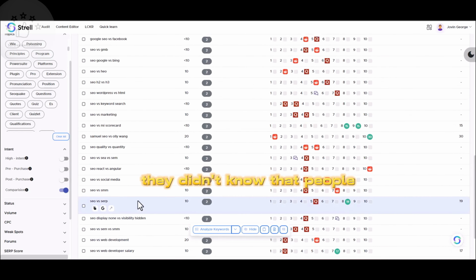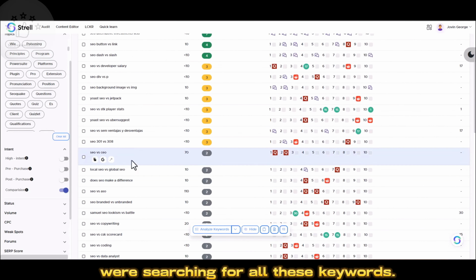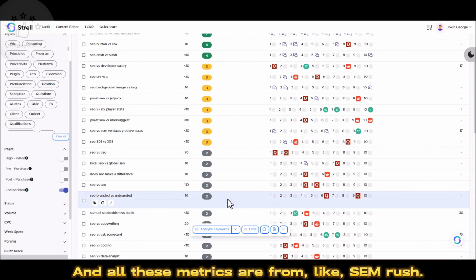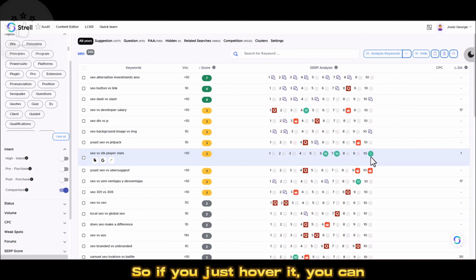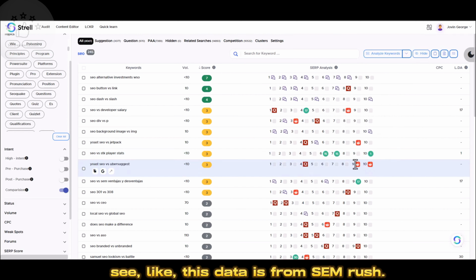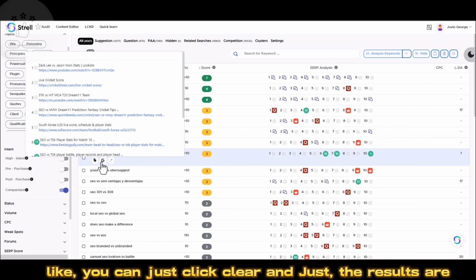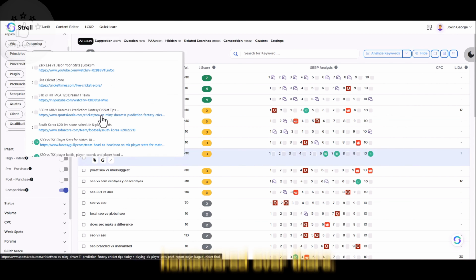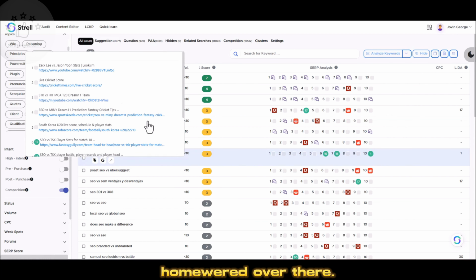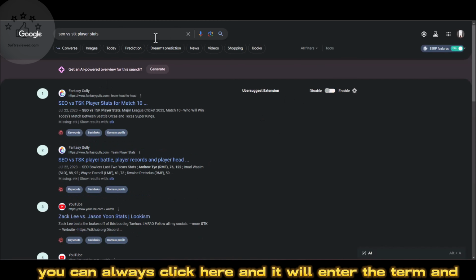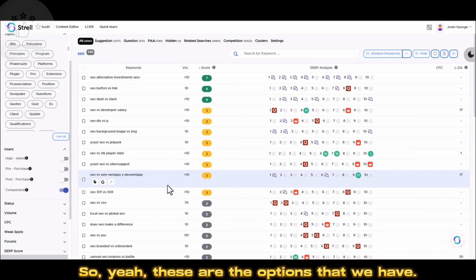Some of the keywords I'm seeing for the first time, I really didn't know that people were searching for all these keywords. And all these metrics are from SEMrush. So if you just hover over it, you can see that this data is from SEMrush. And if you want to actually see what the results look like, you can just click here, and if you want to see the actual search results for this, you can always click here and it will